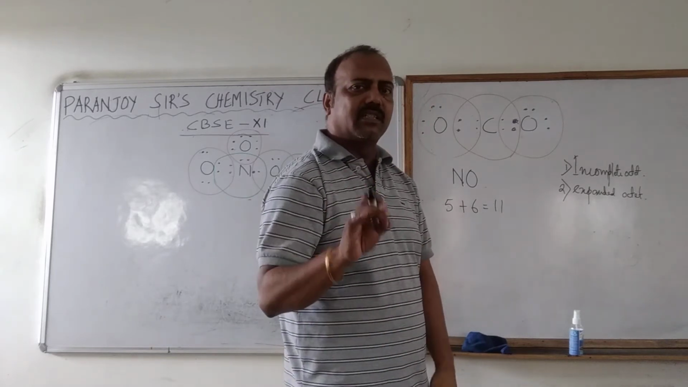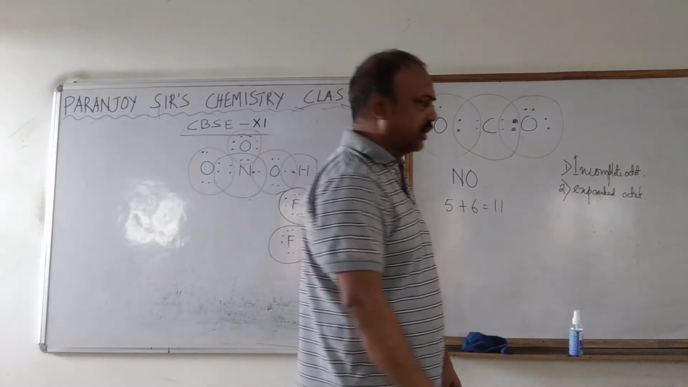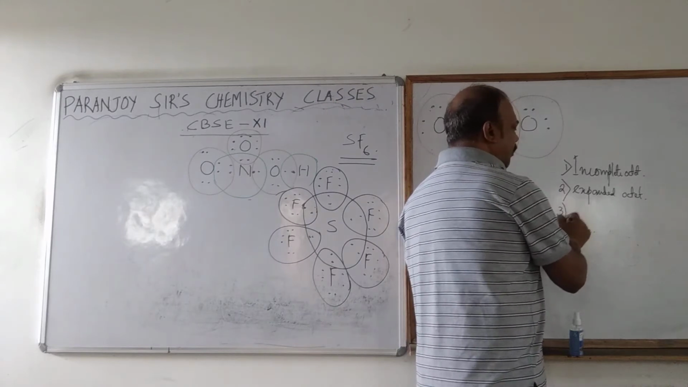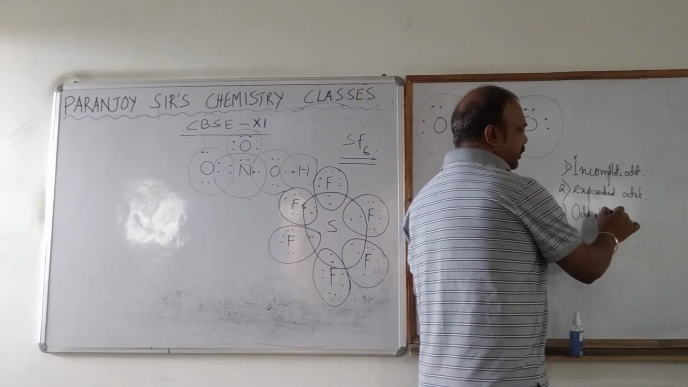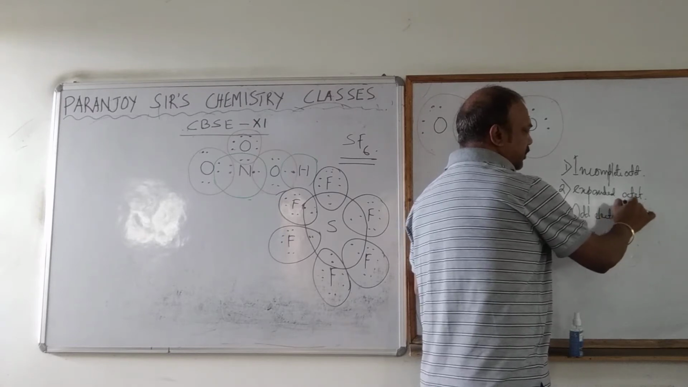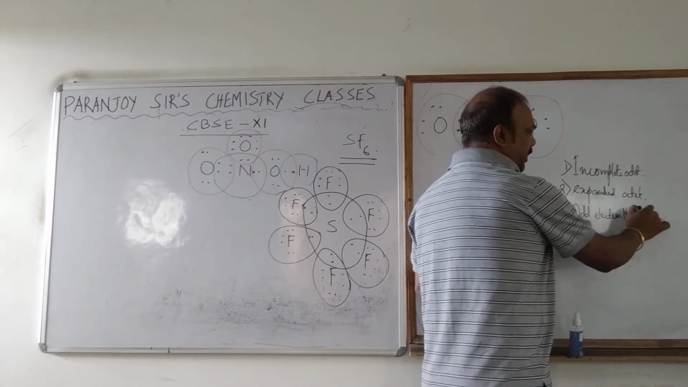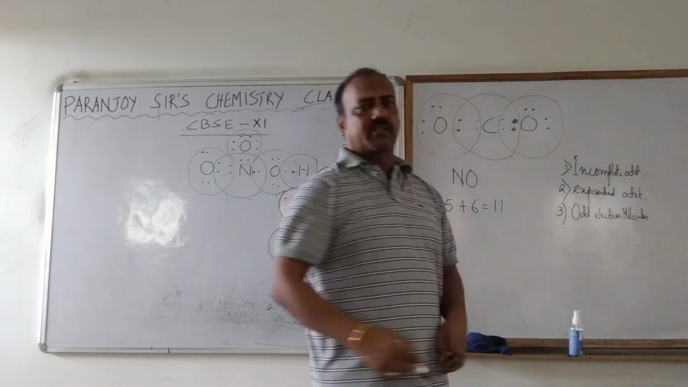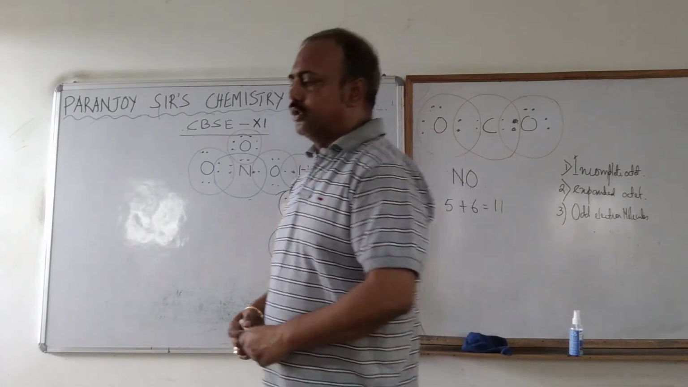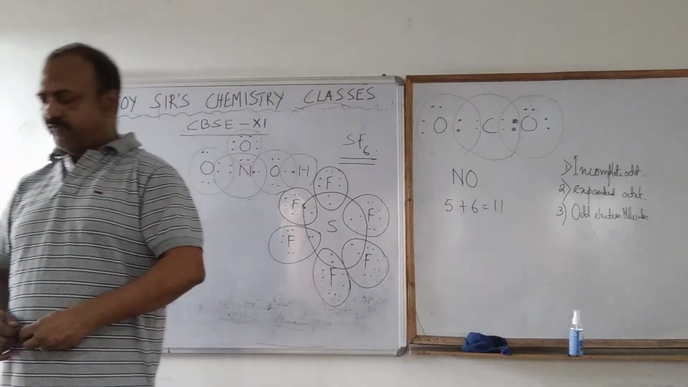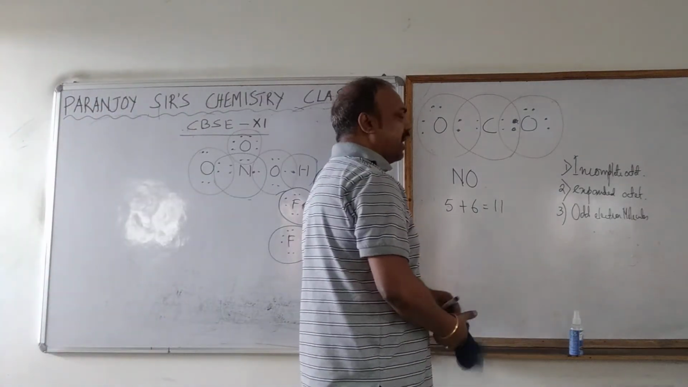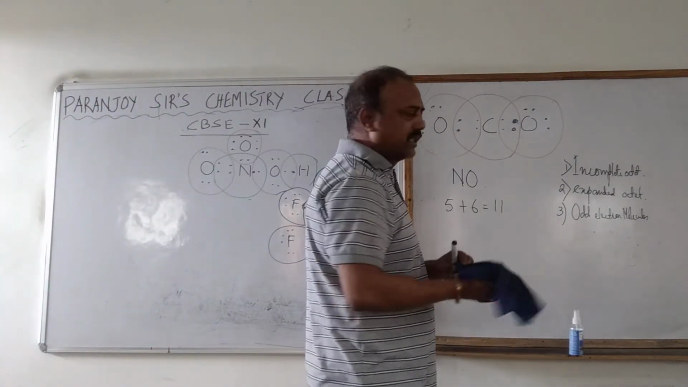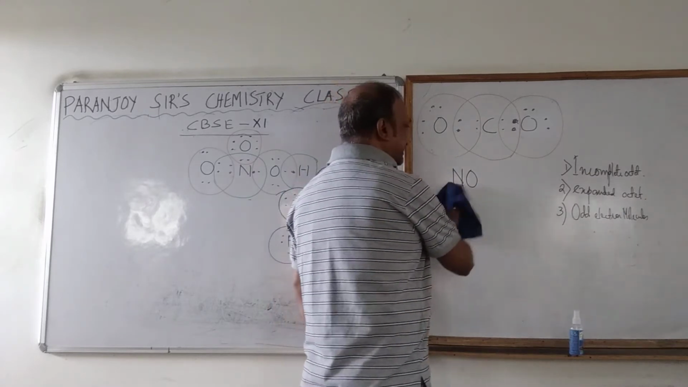And that's the third limitation of Lewis dot model. What is that? Odd electron molecules. Odd electron molecules could not be explained by the valence dot theory. So these are the limitations of valence dot theory, and these limitations were tried to overcome by the next accepted